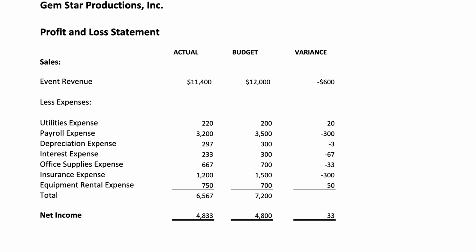Interest is the amount spent on the loan that we took out from the bank. Office supplies is what we use in producing our products. Insurance is what we pay State Farm for liability insurance. And finally, equipment rental is what we pay for the cost of renting equipment from Easy Rentals. We have a total of $6,567 of expenses, and we subtract that from our event revenue. We get